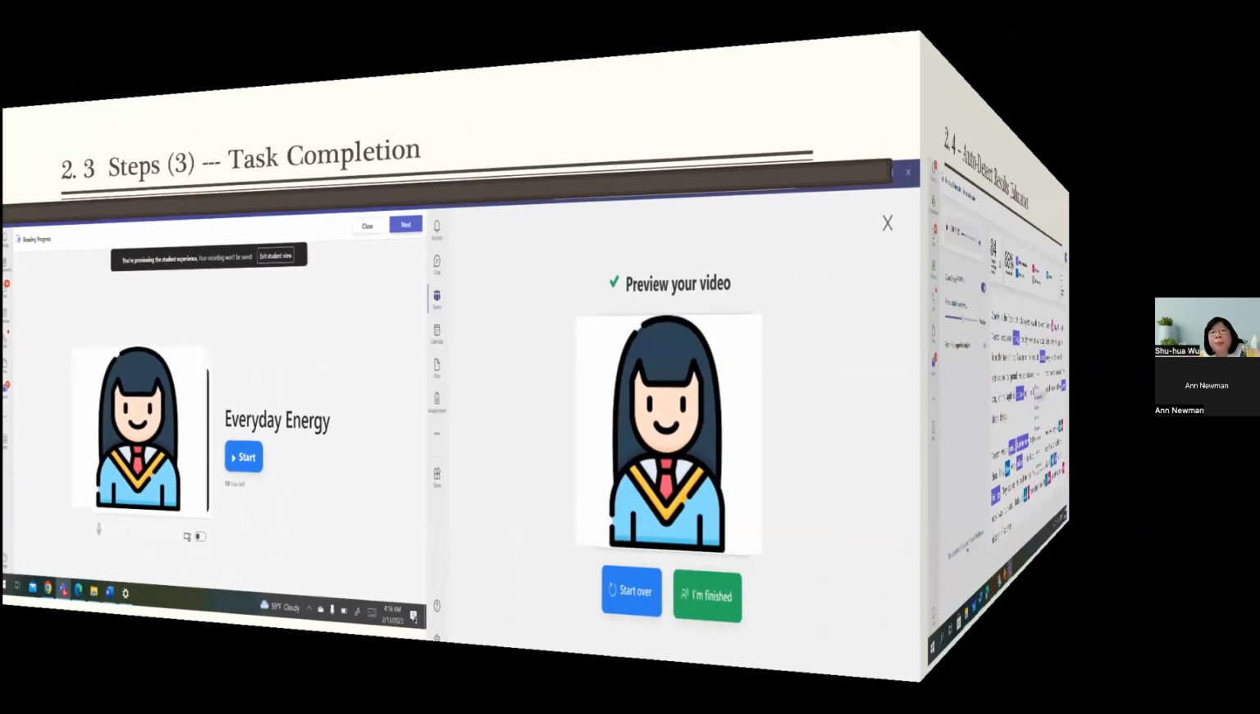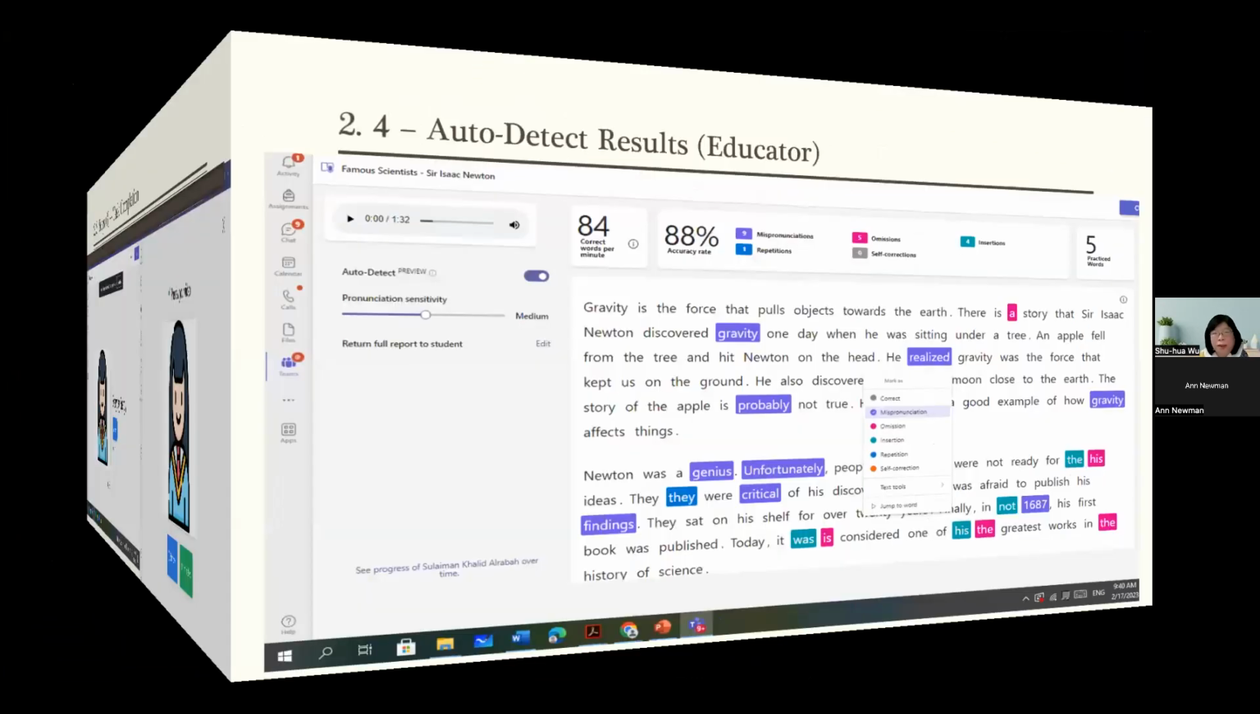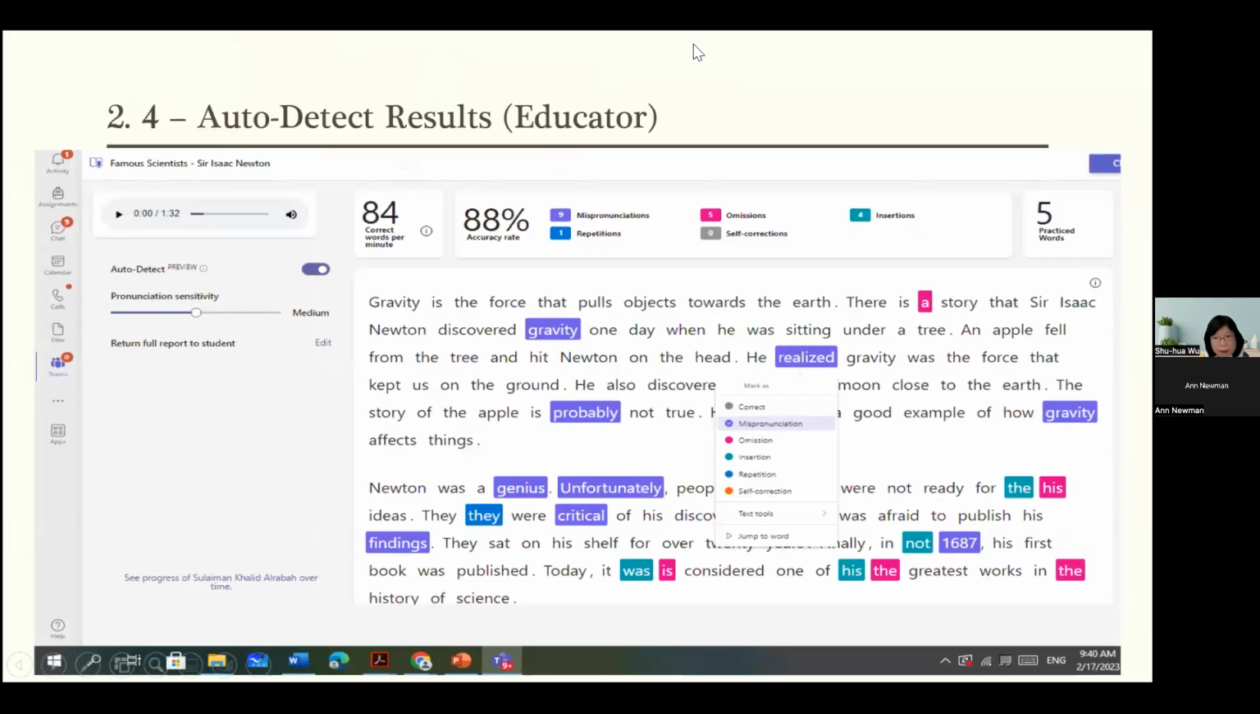Now we look at the part after submission. The teachers will have this on the screen. The first one is auto detect. Now if we put it on, then again you will see all the errors that will be identified. Now these are the categories like miscommunication, mispronunciation, repetition,